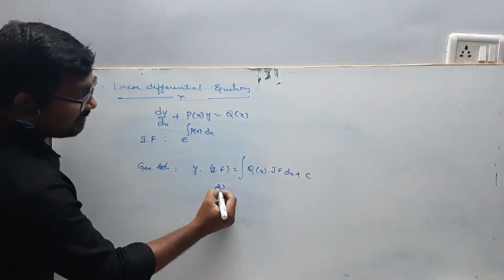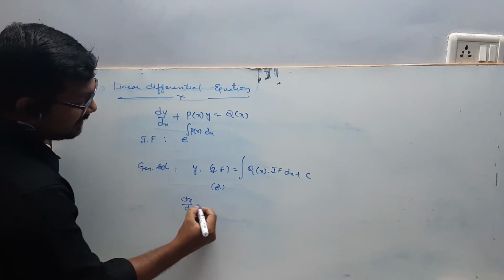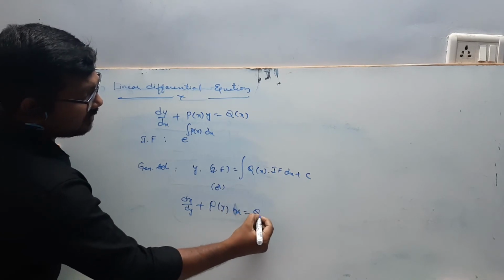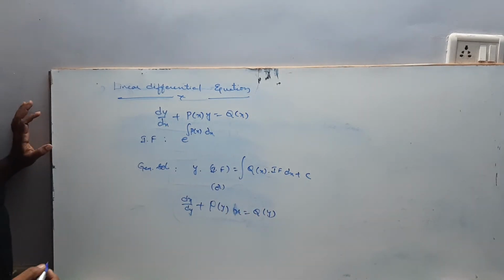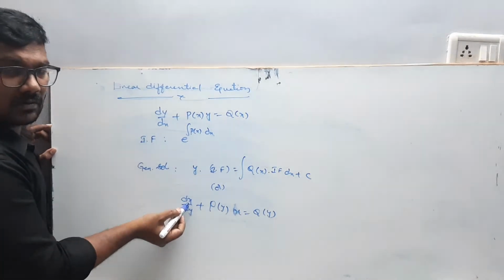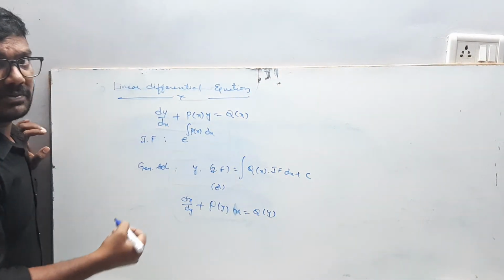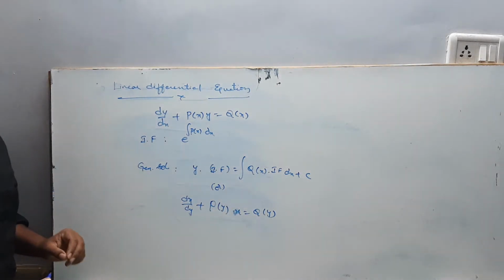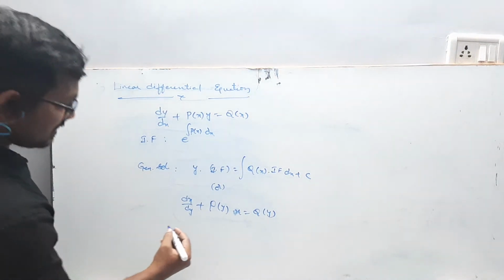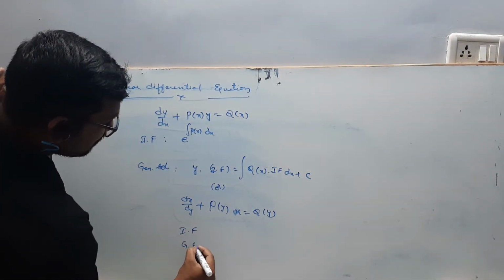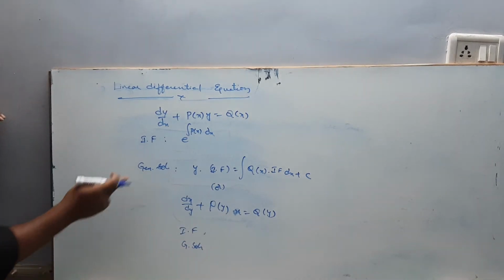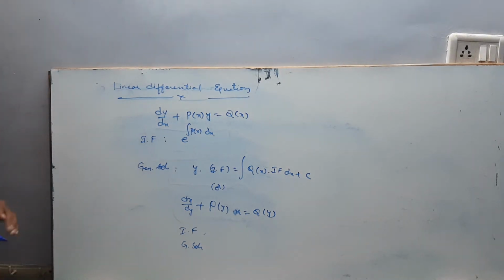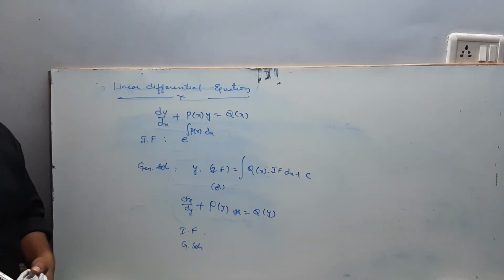Or there is another way: dx by dy plus p of y into x is equal to q of y. Now look here, my hero is x now, and my eyes are looking for how many times x appears. x is appearing only one time. Then I can conclude that the given one is a linear differential equation. Now from this we can write the integrating factor as well as the general solution. Same thing, but x should be replaced with y, and y should be replaced with x.